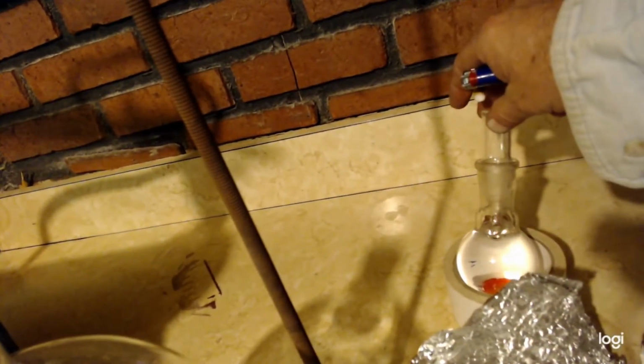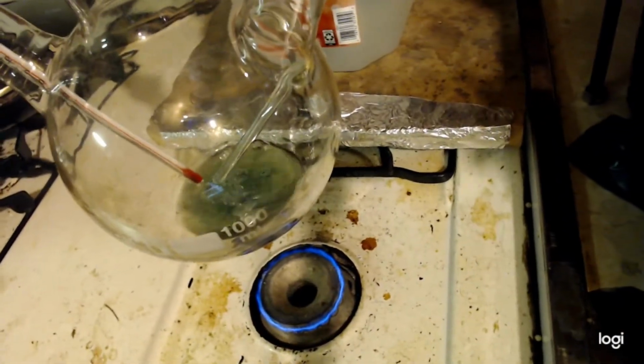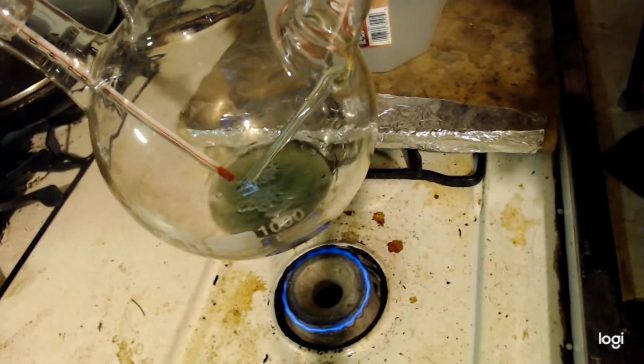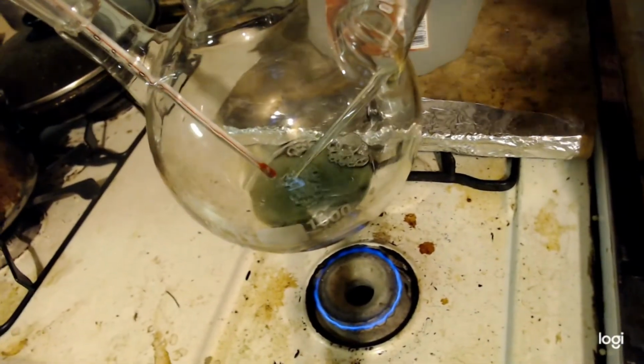But like I said, some of it came over at the start, because there was a 3-degree difference on the thermometer that I replaced. So 75 plus 3 is 78. That's the boiling temperature of ethanol. So there might be some ethanol in there. I don't know what the deal is. But I do know that I'm going to stop distilling this because